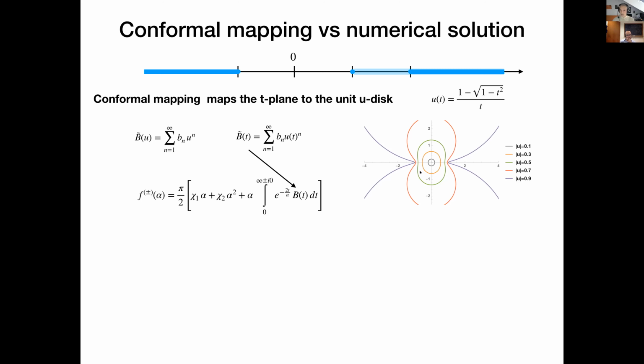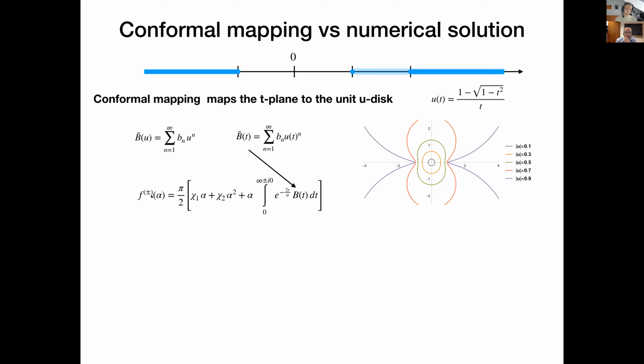This is a plot of how these constant u lines behave on the original t plane, and then you see if you put u higher, then you can approximate your function below the cut better and better. So truncating this series in the u variable and performing the integral, you get a good approximation of your function. You could get this f plus and f minus, and we used, I don't remember, maybe 1,000 terms in this conformal mapping to calculate this f.